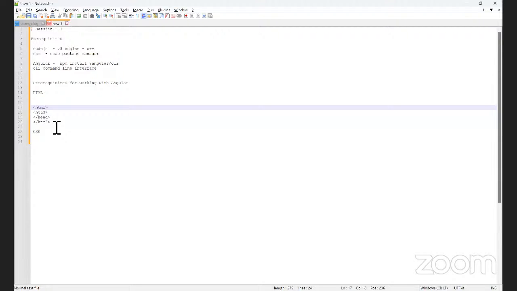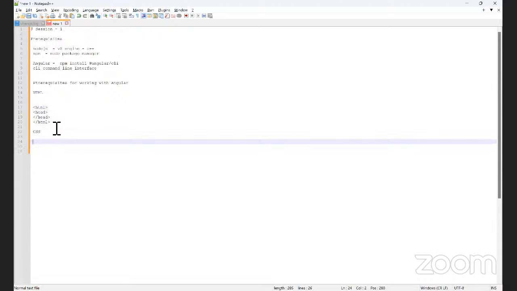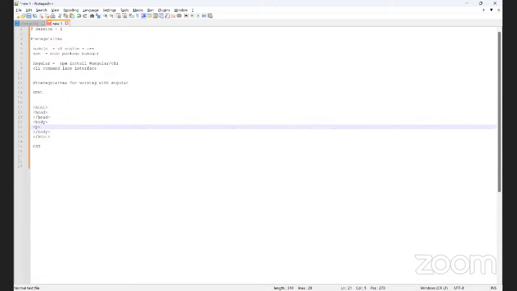Here in the body tag, I'm gonna write one paragraph. So I want to style this in the blue color. What I have given is only text.